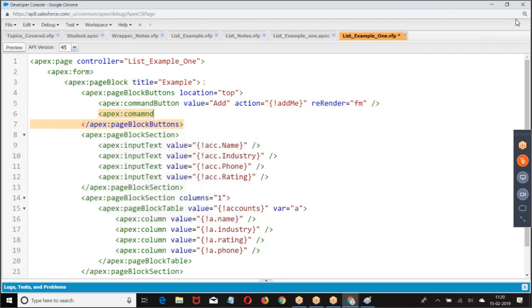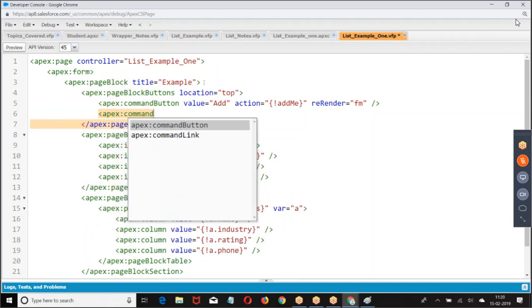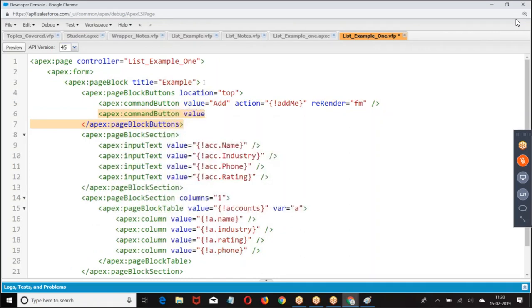Similarly I'm giving one more command button, value equal to clear.